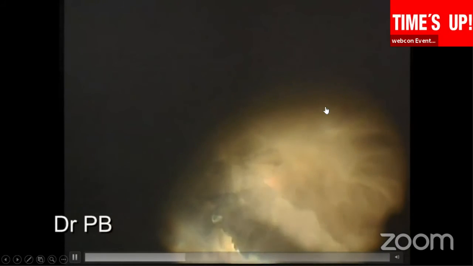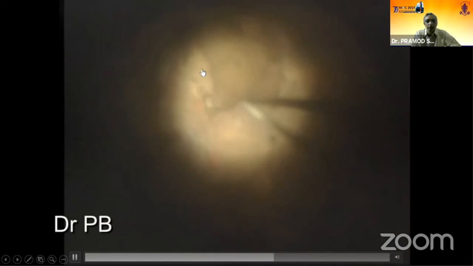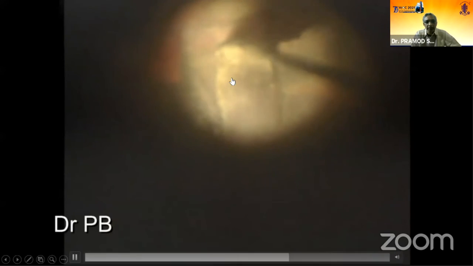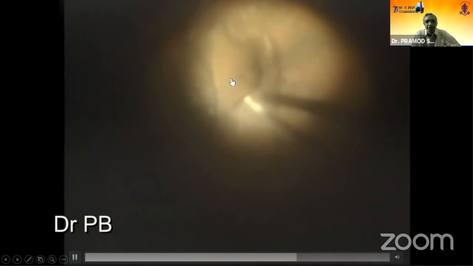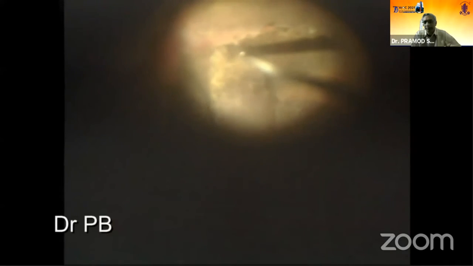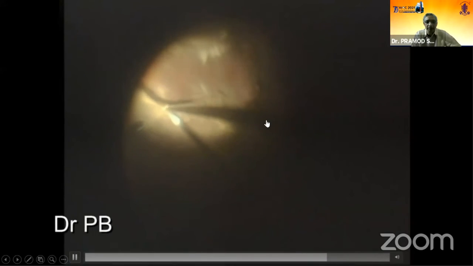Yes, this is the last case. I'm stopping after this. And keep on dissecting out. And what you look at is a murky material coming out. The whole blood is stuck to the retina here. Layer by layer, you remove it. But generally, these are the eyes. Though technically you can complete the surgery, you need to have a lot of patience. Peripheral blood, as you see, but eventually the final visual outcome is not really that great.